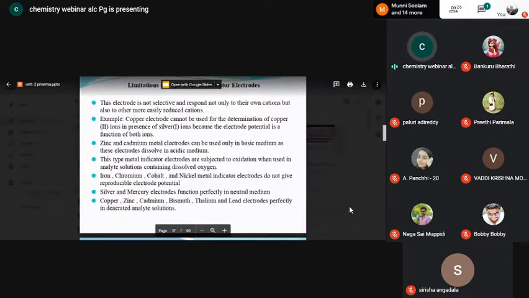Is the point clear to you? I will read once again. This electrode is not selective. If these electrodes were selective, then they would develop a potential directly proportional to what ions? Copper ions only. But these electrodes are not selective. Since they are not selective, they develop a potential not only for copper ions but also for silver ions, which are present as impurity in the copper sulfate solution taken in the beaker. That is the reason why the potential developed by the indicator electrodes is not reliable. We cannot rely upon the information given by the indicator electrodes of the first type because of this kind of problem. Is the point clear to you?